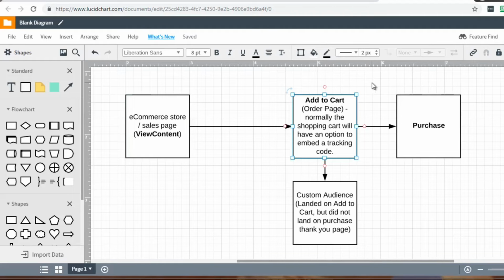Now, bear in mind that most shopping cart systems online will generally allow you to add some sort of tracking pixel on the order page. Now, if they don't allow that, then there is kind of a workaround, but I'm going to talk briefly about this. I'm not going to go into it too much because I don't want to make it too complex. But if there is no option to put an add to cart right here on the order page, then you can use a tracking program. It's called